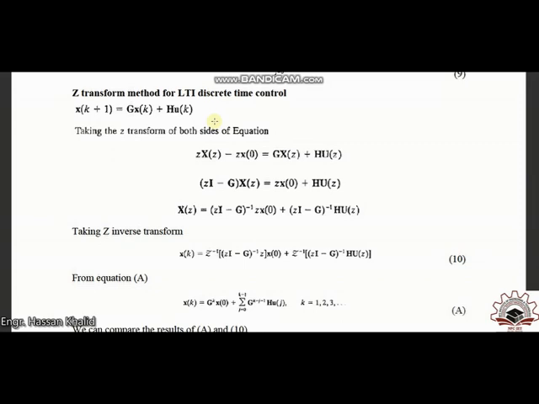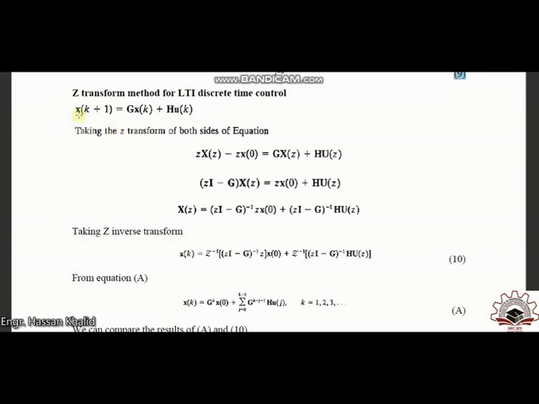Now this is the last form of obtaining our system response from the given state equation, by just writing the state equation in terms of a z transform, and in the end just taking the inverse z transform of that system. So keeping in mind the transformation theorems from chapters 1 and 2, you can easily convert the given state equation in terms of the z transform.